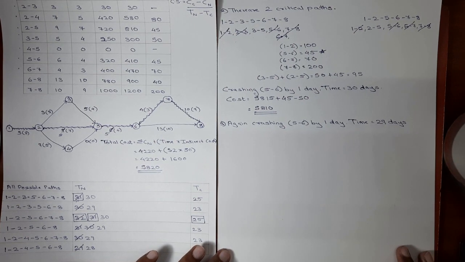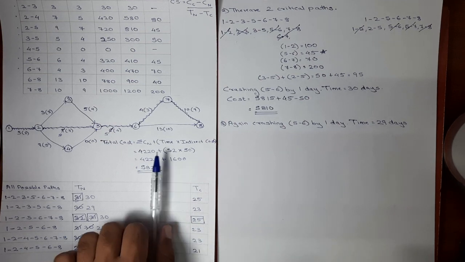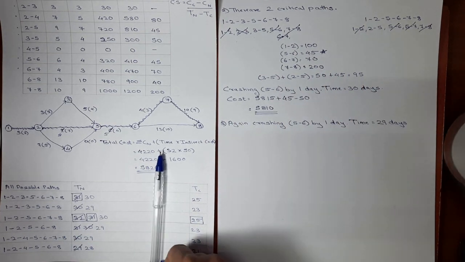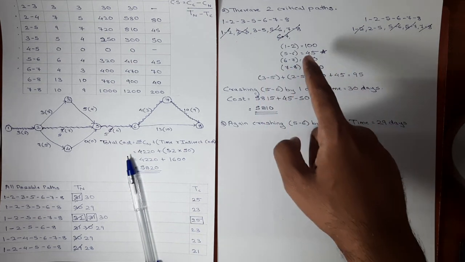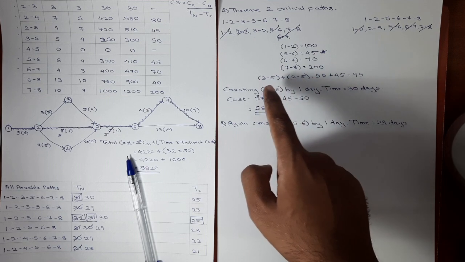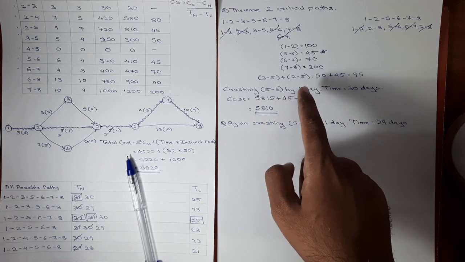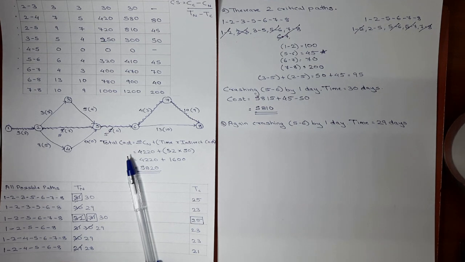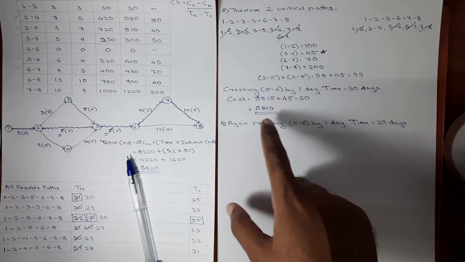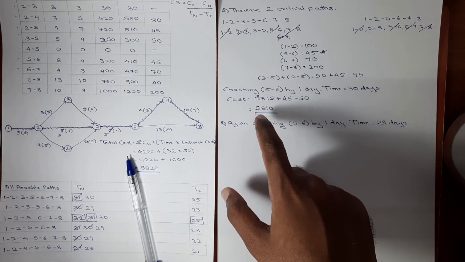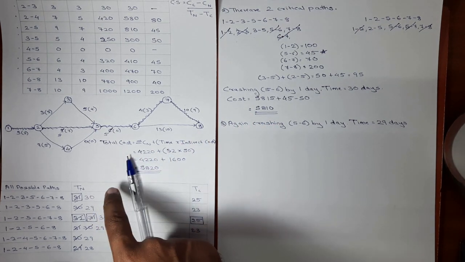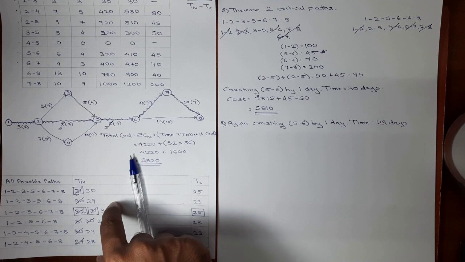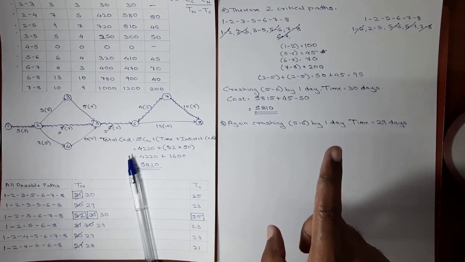I'll explain the process again. In second step of crashing, we were having two critical paths. We listed out those two paths. We listed out the independent activities. We found out the common activities and then the combinations were made. Activity 5, 6 was having the minimum cost slope. So we crashed it by one day and we got the cost as 5810. Here second step was ending. We updated the network diagram. We updated the durations in the table. In second step, no activity was exhausted.